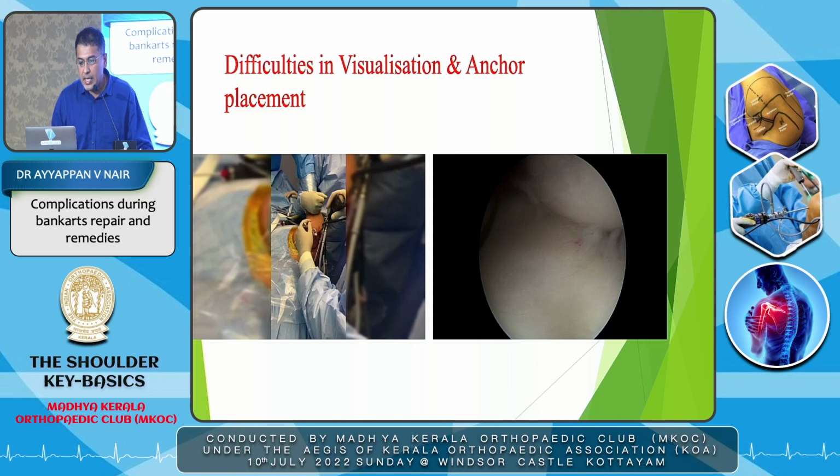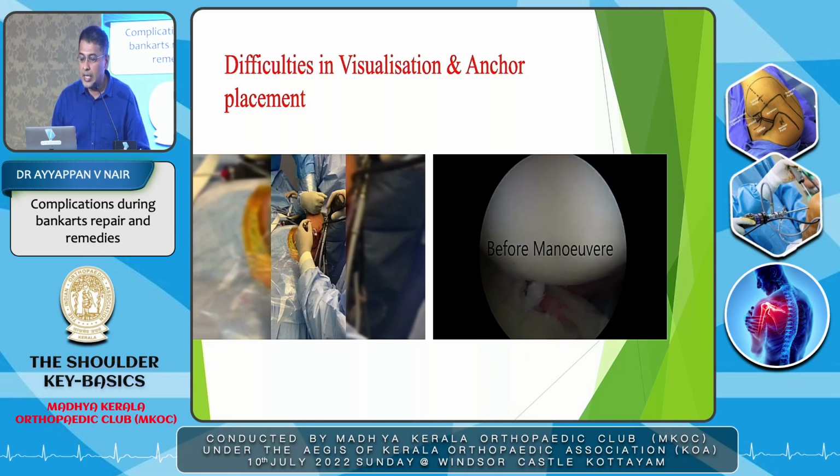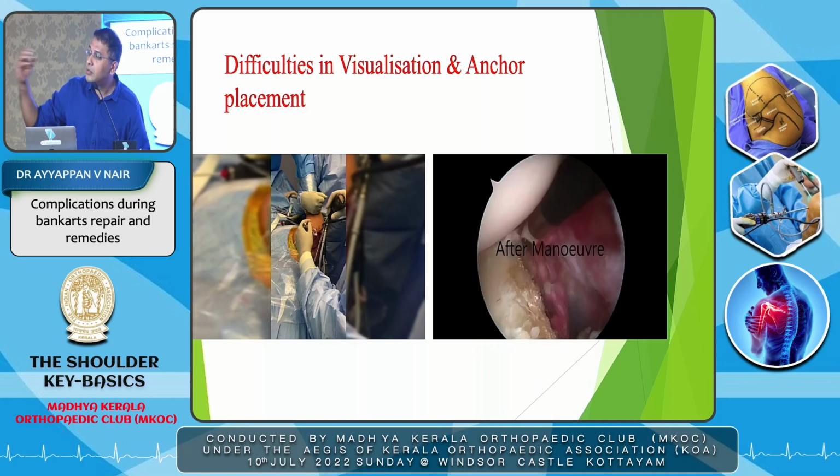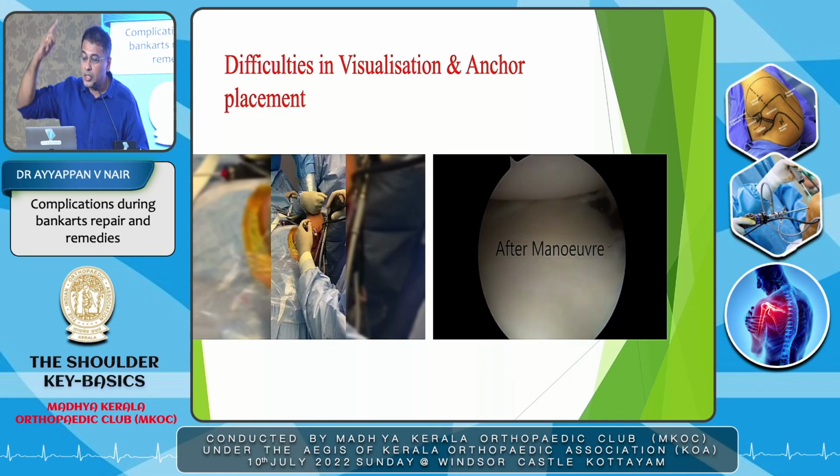Here, in difficulties in visualization. If you're doing a lateral position, because we are in the periphery, we don't have things like spiders or positioners of the shoulder. So visualization is always a problem, because the head is always sitting on the glenoid like this. So some people put a lateral traction, and also a vertical traction up,